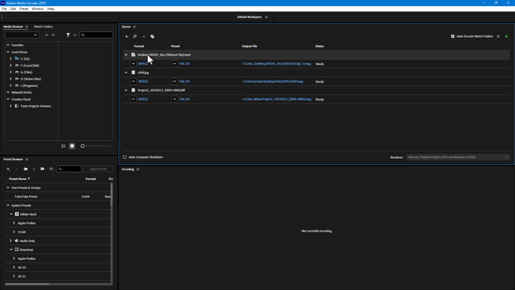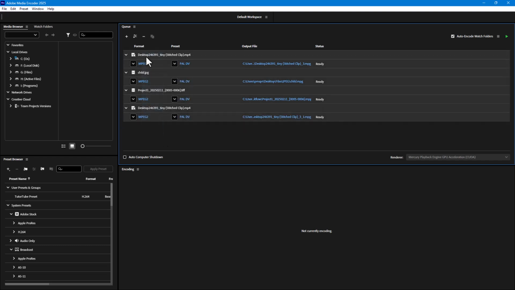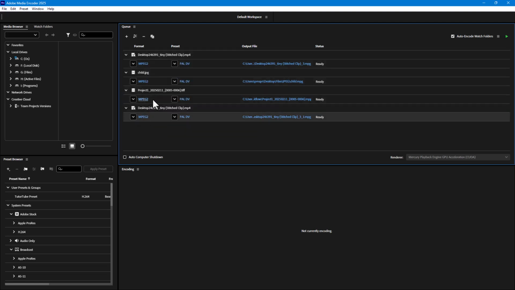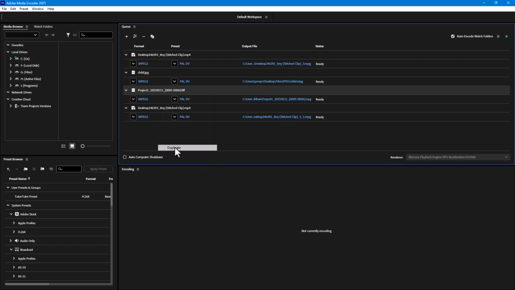delete it. Let me just go around right here and let's say, for example, duplicate out this queue. Let me just select all and duplicate out this out as well. So I have, let's say, for example, these ones right here. So let's just go ahead and select this, and then I'm going to go ahead and duplicate this out right